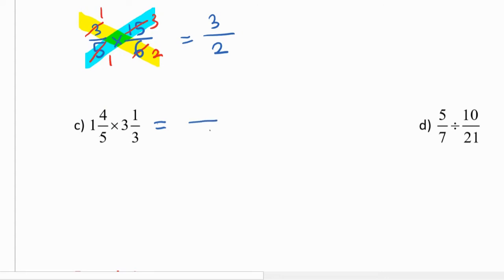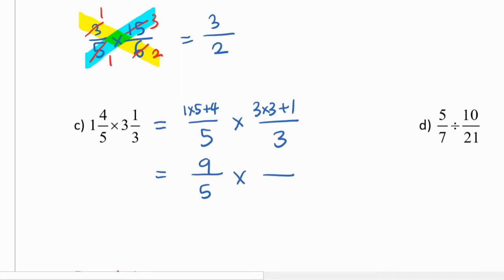So what you do is you multiply those two and add 4. So 1 times 5 plus 4. And same thing, 3 times 3 plus 1. Okay, then I have 9 over 5 times